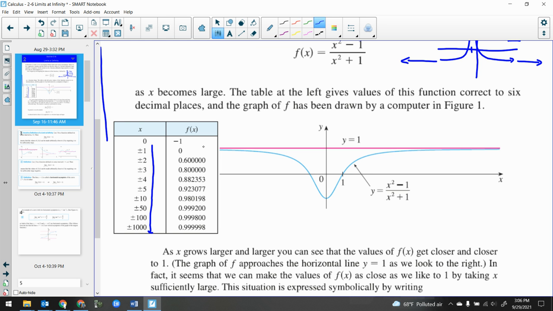So what's going to happen here? Well, look, as I make x get really, really big, just by the plug and chug method, look what happens. What does the limit actually look like it's going to? Well, it looks like it's 1, right? The limit as I make x get really, really big. Okay, how do we notate that? As we bring x to infinity. The limit as x goes to infinity, as we make x arbitrarily big, it looks like the limit of this function, x squared minus 1 over x squared plus 1, levels off to 1.